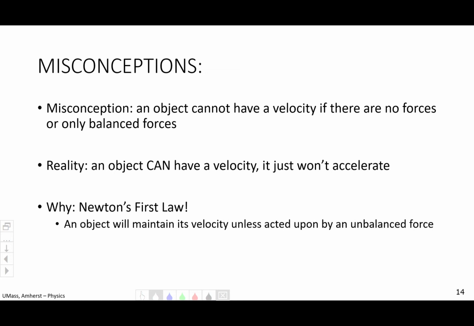Balanced forces, you can also still have motion. So this would be akin to something like, let's say you were trying to move a dresser, right? And you had two people on opposite sides of the dresser. One was pushing and one was pulling. We also know that if you're trying to slide something, there is friction. So the two people pushing and pulling and friction are going to oppose each other, and that can cause that object, once it starts moving, to move at a constant speed. So the push and pull and the friction are balancing each other out, but the object still has velocity.